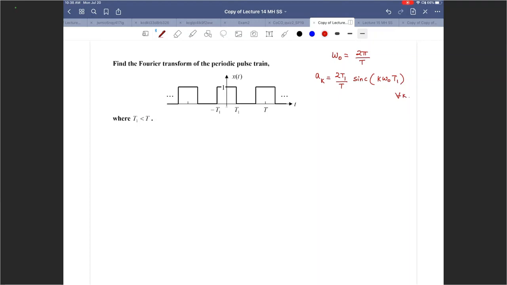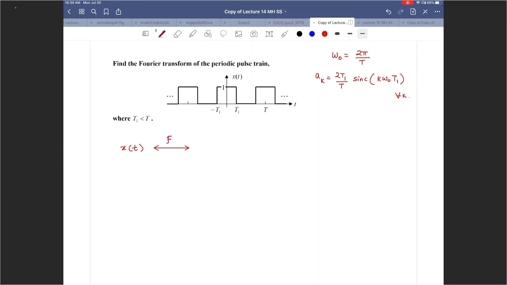Omega naught is 2 pi divided by T. So once I know the Fourier series coefficients of this pulse train, then I can use the earlier result of the Fourier transform of a periodic pulse train along with these Fourier series coefficients. So I can say x of t, which is my periodic pulse train, the Fourier transform of that